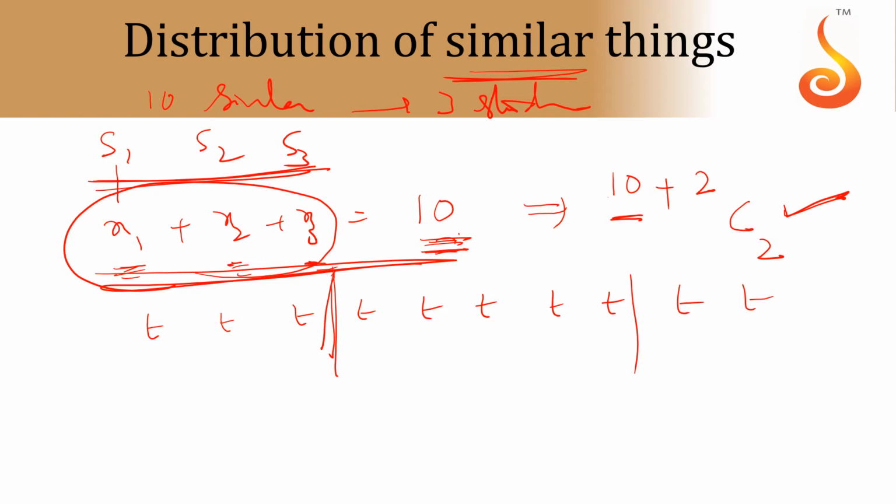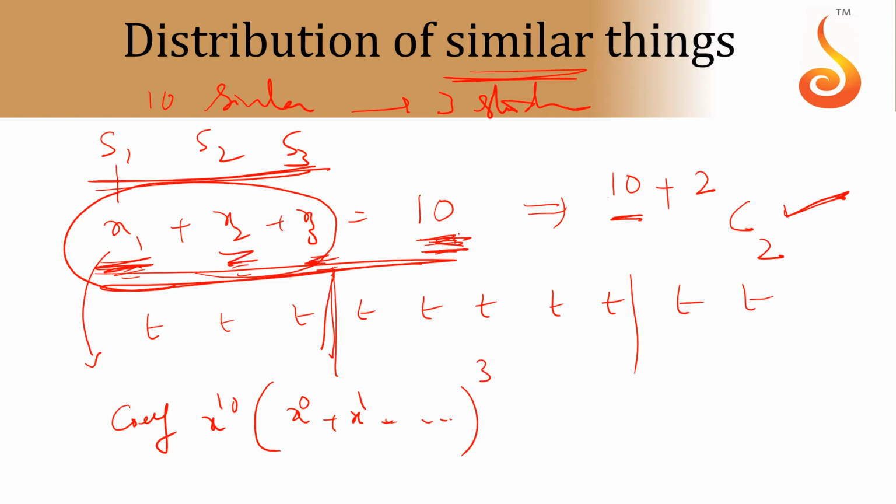And you know that if you want conditions, you can use the multinomial theorem also for this. So for this equation, the number of solutions, if you want, you have to find the coefficient of x power 10 in the polynomials you create for x1: x power 0, x power 1 plus so on. For x2 also the same, for x3 also the same, so you can take the whole cube.